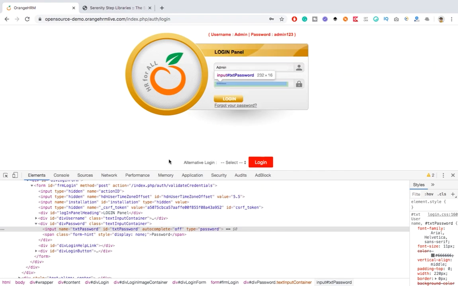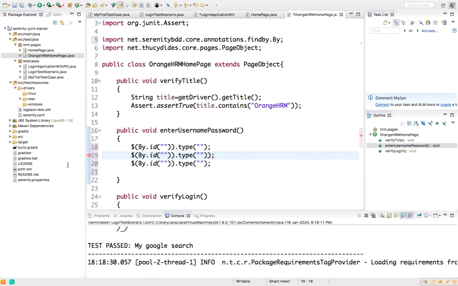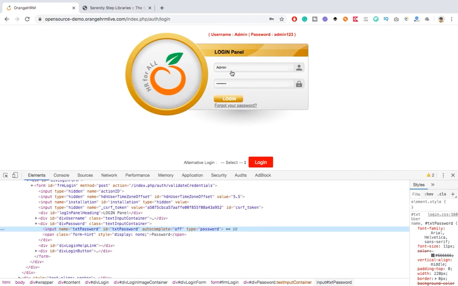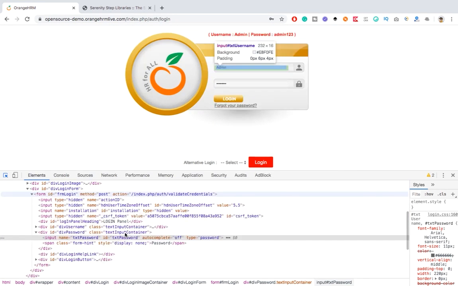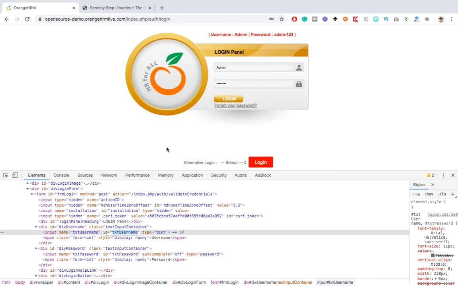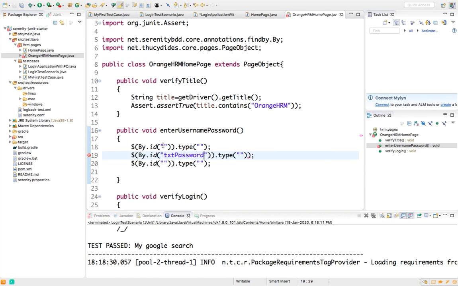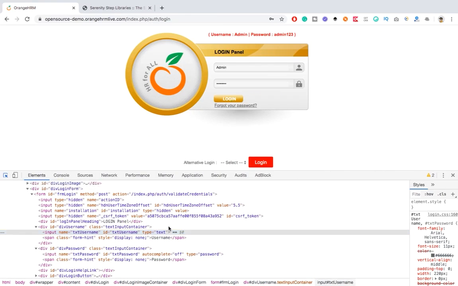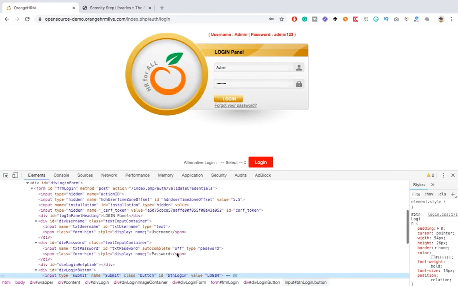So we already have an ID for password. Guys, I'm using ID, but in case you want to use XPath, CSS or any other locator, please go ahead and use that. Right now I'm using only ID because our main focus is on how to create the test, not on the locator part. Same thing I will do for the login button,